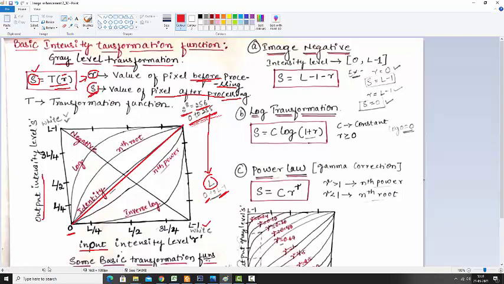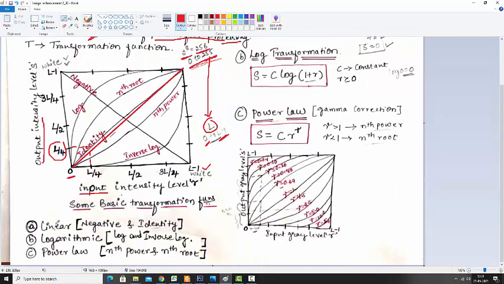Now all of the things have been shown within this table. If you draw this one, you can understand and remember all the things. You do not have to learn so much, you just have to remember the figures. Here, if this one is an identity, then if we denote a point at L by 4, the output is also L by 4. Identity means it will remain similar.